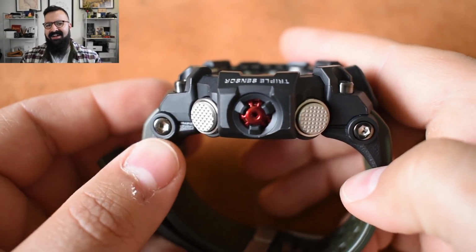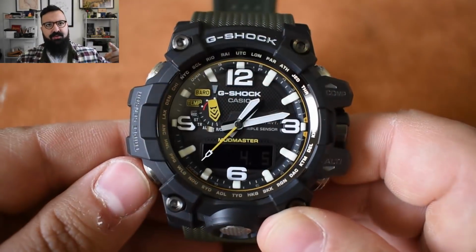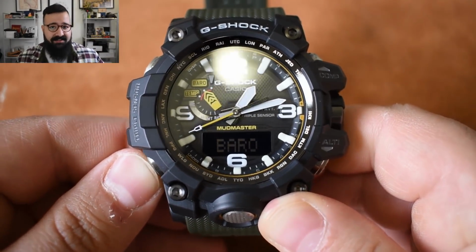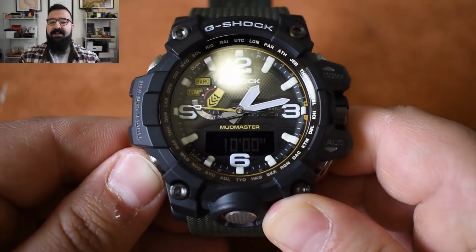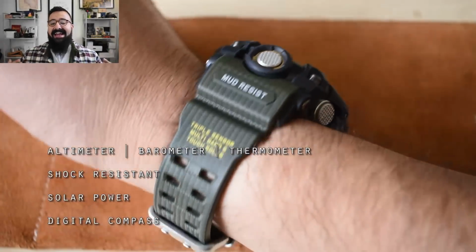And then, okay, because we had a Mudmaster with a dual sensor and then we had a Mudmaster with a triple sensor, the only way to go is to add one more thing and say that it has a quad sensor, but instead of actually giving it another cool attribute, we're going to remove a very important attribute and give it a step counter. What the... Anyway, the good Mudmaster with the triple sensor, the one that I got in